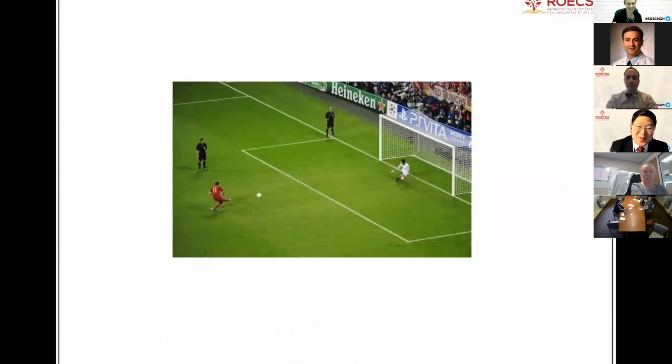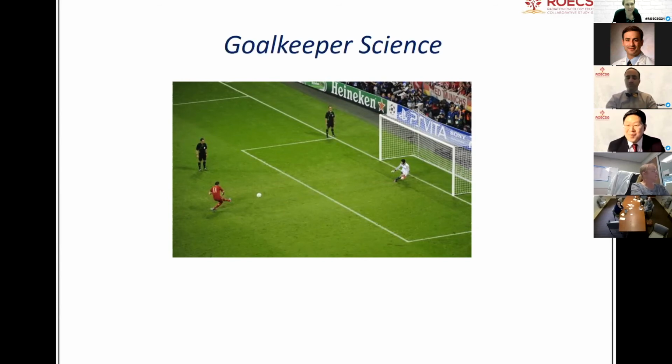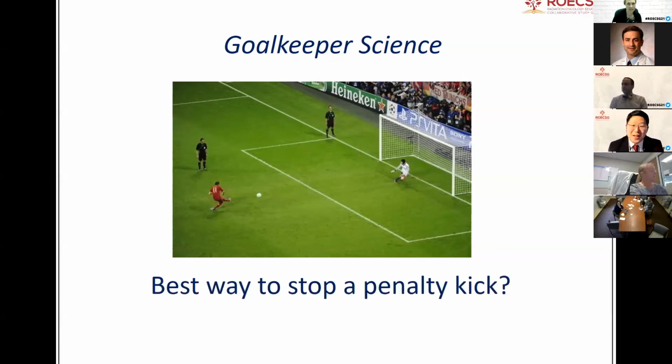So now I'll move on into my final implications and summary slide as well. And this slide here is a common slide that you may have seen. It's around goalkeeper science, and it's a theme that many of our colleagues in medical education have been thinking about. And the idea is very straightforward here: what's the best way to stop a penalty kick? And there were a group of economists that looked at retrospective data for a particular set of penalty kicks that soccer players do. And one of the things that they found was that the goalkeeper, about 94% of the time, would dive to the left or dive to the right, when staying at the center and reflecting would have really saved them from the goal. And so,